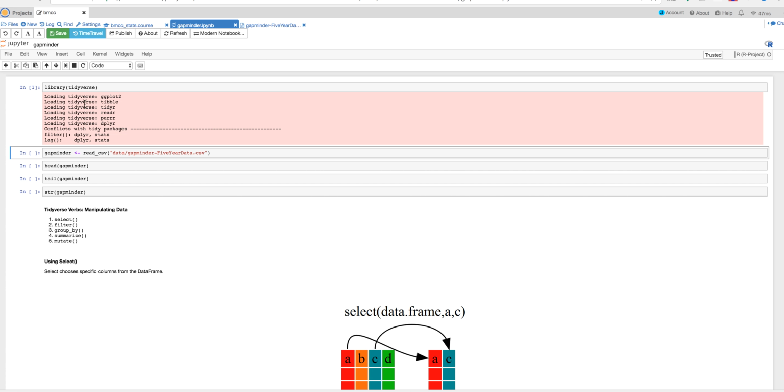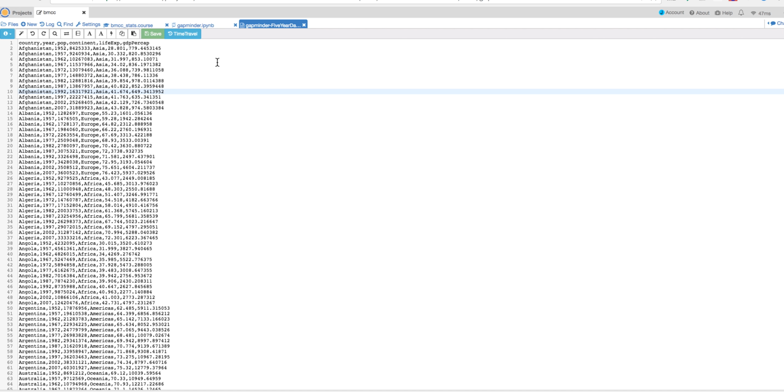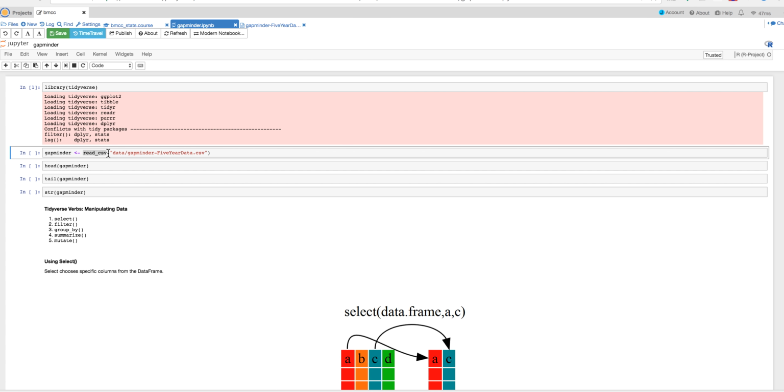Now that I have the tidyverse packages loaded, I'm going to use a function from the tidyverse called read_csv, and I'm going to read this data file that I have sitting here in this folder called data into my notebook. I tell it the folder and the file name, and it reads that data into the notebook. I'm going to save it as a variable named gapminder. So if I hit Shift Enter,